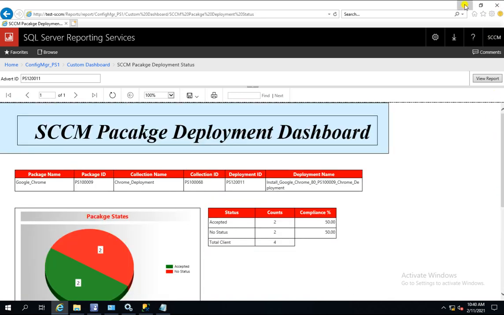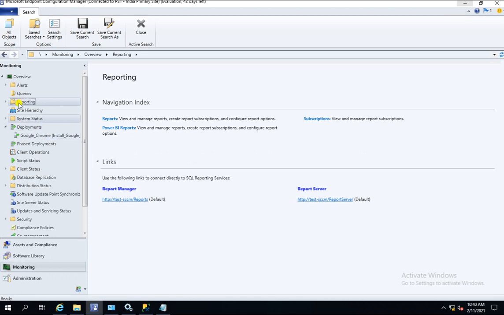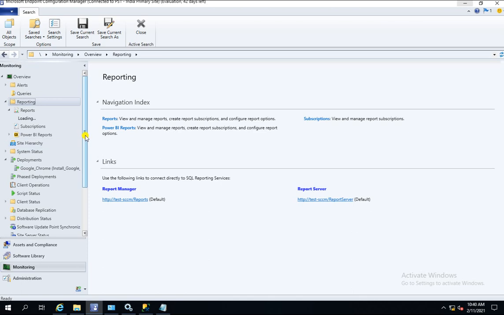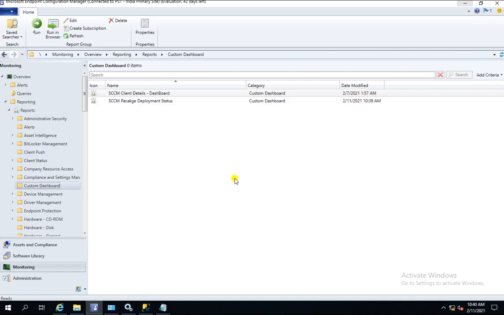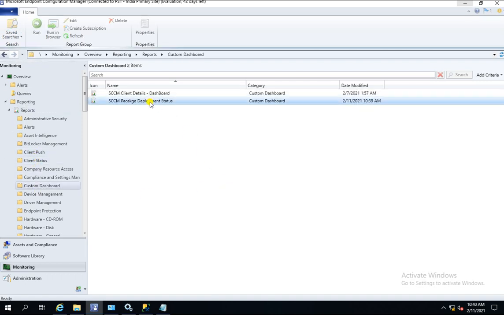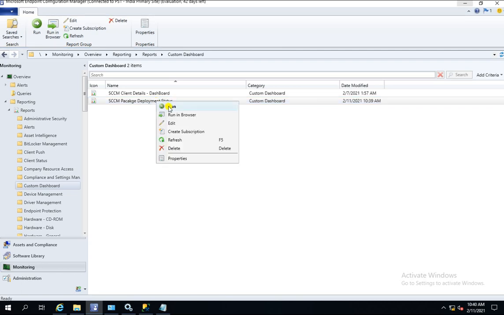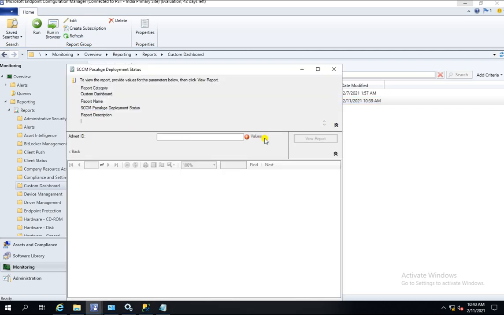What is your package deployment status? Here, if you go here, then it has synced up. Okay, so here is my folder, custom dashboard. My dashboard came for the package, and you can even run it from the SCCM as well.